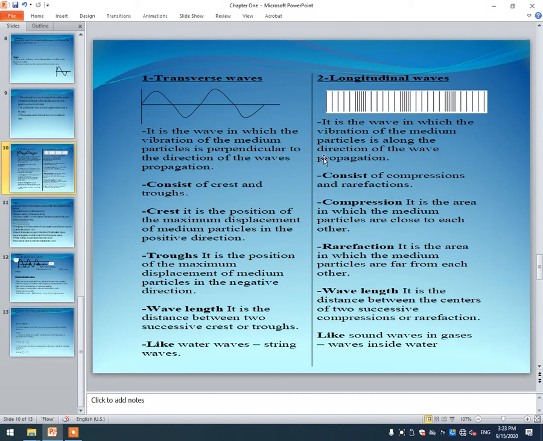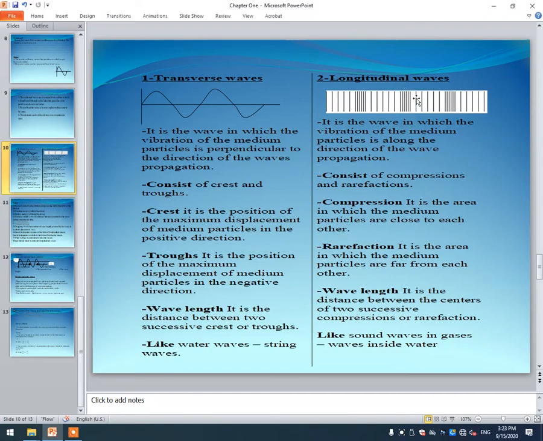After hitting the two branches of the tuning fork on the edge of a table, the branches of the tuning fork will move to the left and right in this way. This branch will put pressure on the molecules of the air. Then some molecules will be close to each other, and some molecules will be away from each other, and another